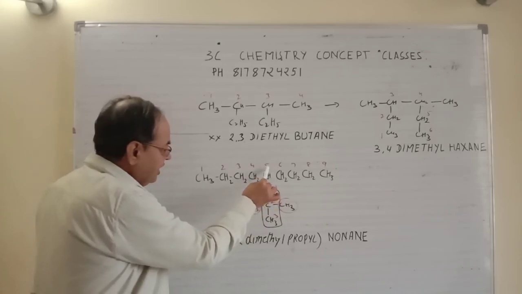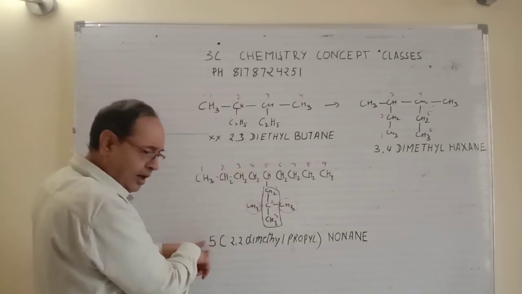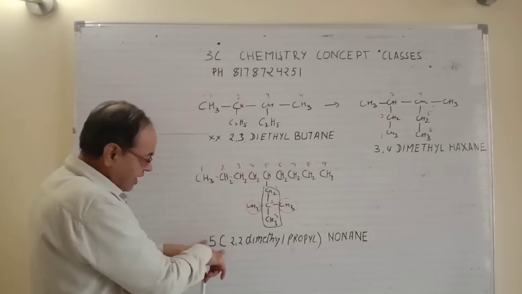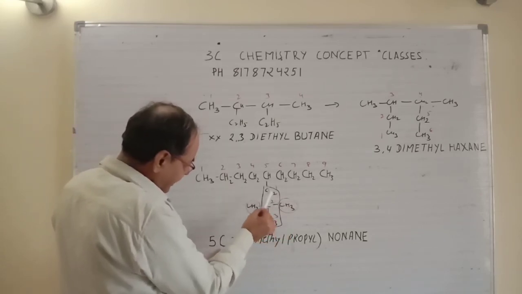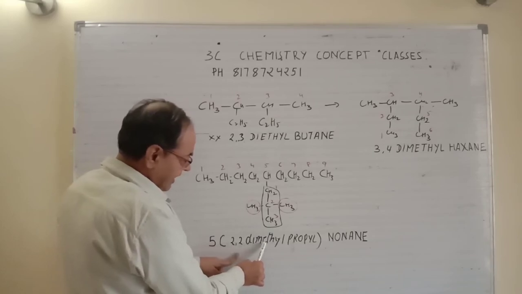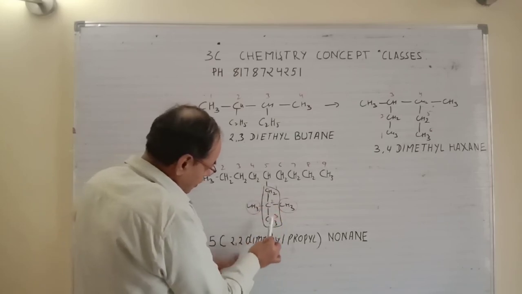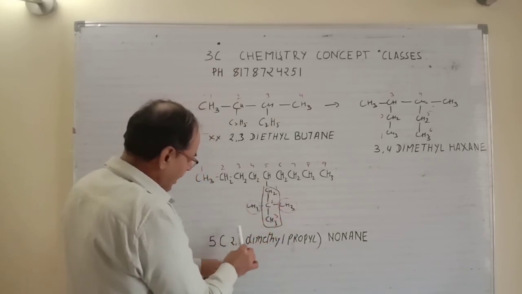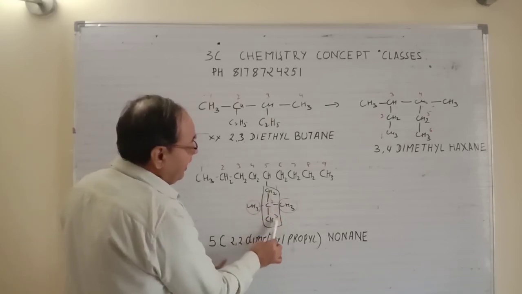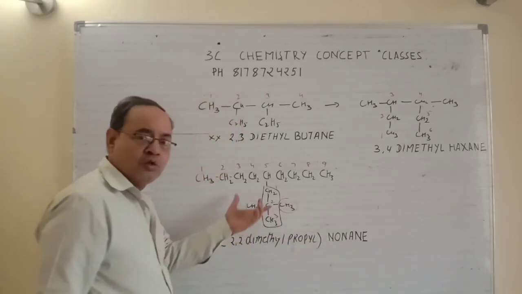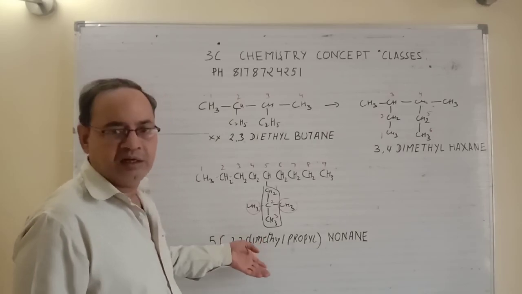So you see carefully here, fifth is the carbon where the branch is starting. So you write first the position of carbon. This is fifth. Now start a bracket. The bracket will contain 2 methyl groups at second position. So it is 2,2 dimethyl. And the longest chain is also written as propyl. So this is the longest chain, so it is propyl. So the branch you have at fifth position is 2,2 dimethyl propyl, and the longest chain is known. So in the branch-into-branch case you have to always put it in a bracket. So that is another secret for this, or another concept for this.